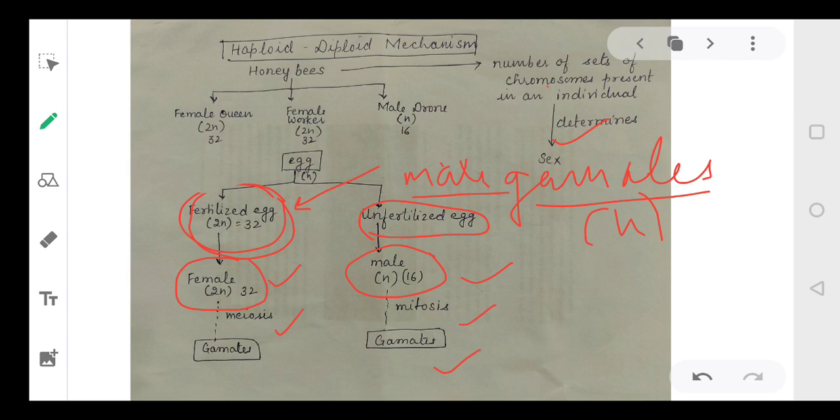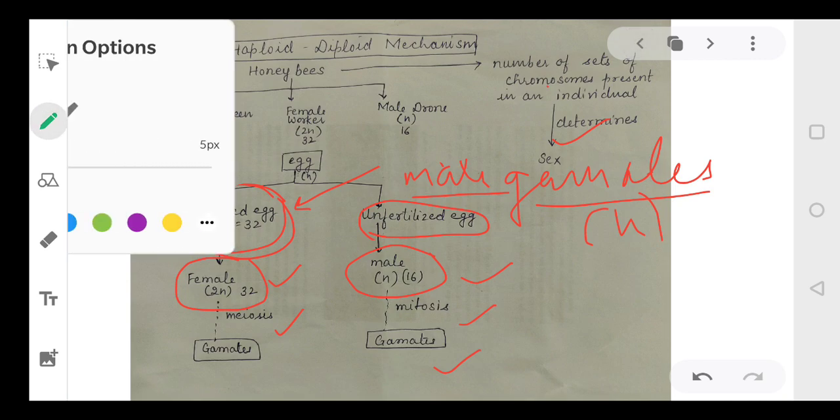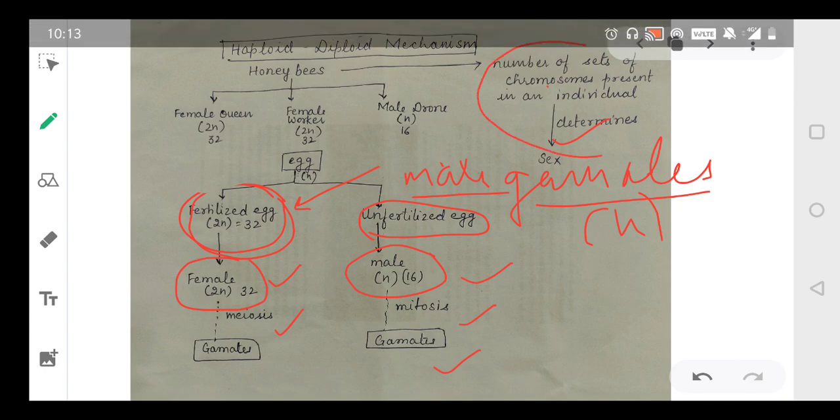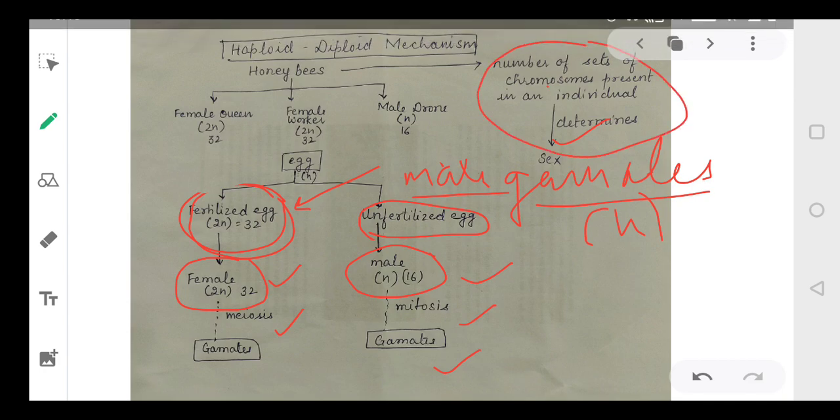Right? Here sex determination entirely depends on the number of chromosomes present. अगर नंबर ऑफ क्रोमोसोम 16 है तो मेल होगा, अगर 32 है तो फीमेल होगी। ये टोटली डिपेंड करता है कि उस ऑर्गेनिज्म के अंदर कितने क्रोमोसोम्स मौजूद हैं।